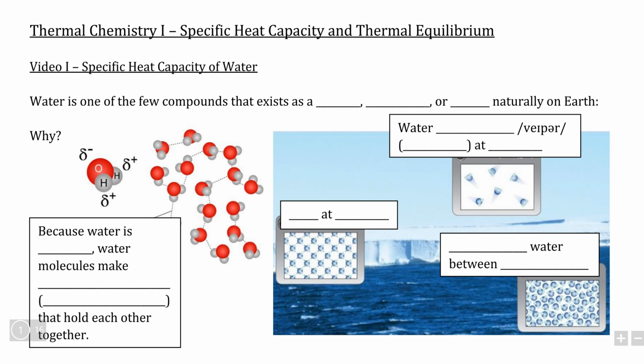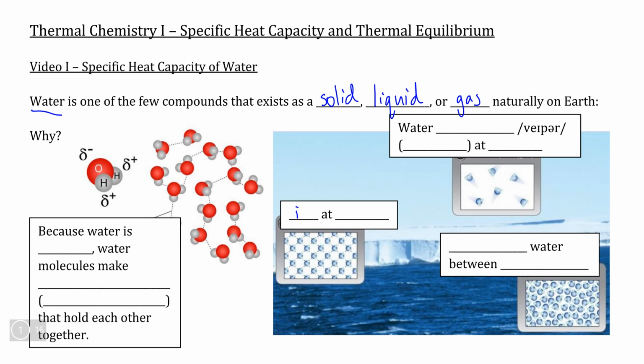Welcome to the first video in our thermal chemistry series, in which we will explore the energy changes that occur in chemical reactions and how reactions either produce or consume energy. For our first phenomenon, we're going to be taking a detailed look at water and trying to look at why water is one of the few compounds that exists naturally on Earth in all three of the different states of